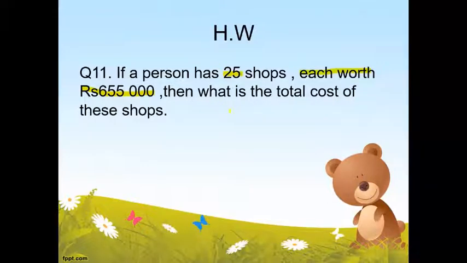So it means that we want to calculate the total cost of 25 shops. So if we know about one thing and we want to find about many things, you know what you should do. So hope you will solve this question by yourself